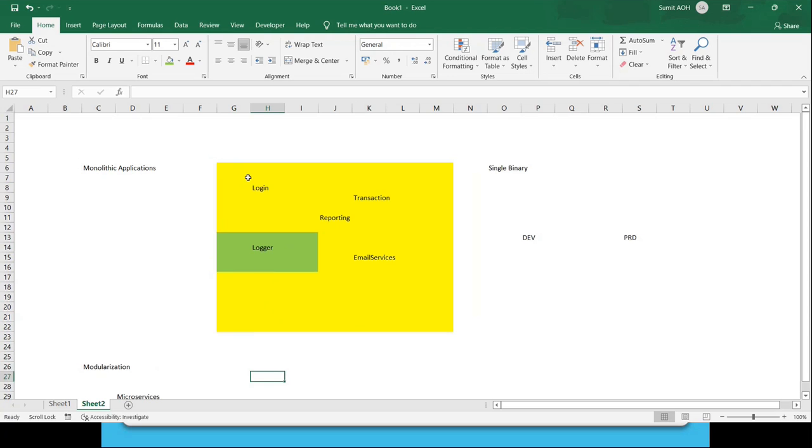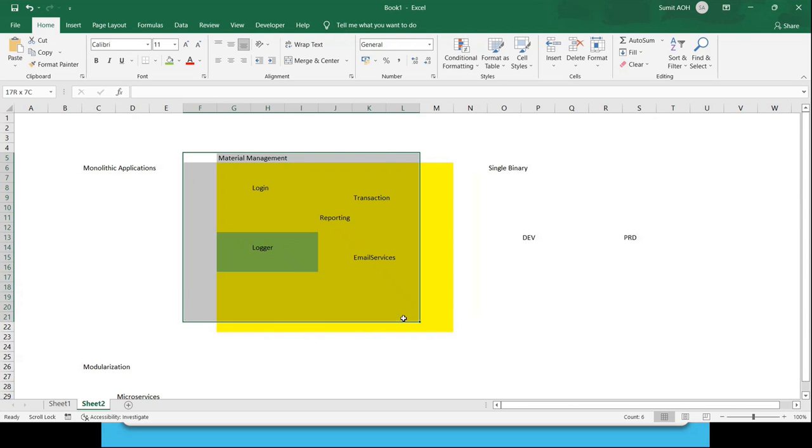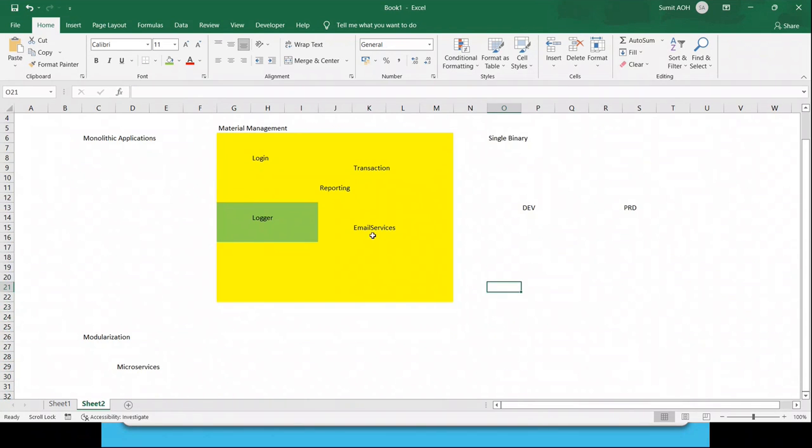Microservices says, okay, you have an application called, let's say, material management, for example. This material management application, the whole related functionality that it is handling, has a functionality for authentication and all this. So I would have an application which would be connected to multiple resources and multiple services. In case of any change or upgrade in a dedicated service, I can expect only this service to get transported, because this is a separate service.